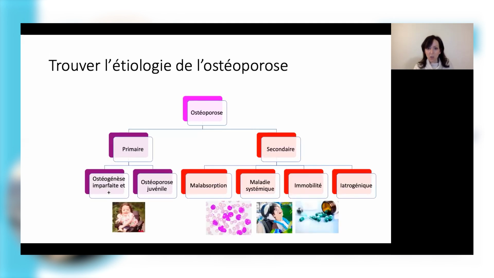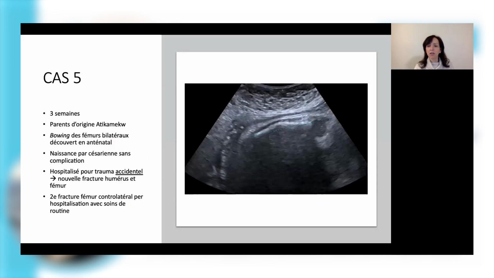So when you find osteoporosis, your first question is, well, is this congenital, or is this secondary to something that I'm maybe missing here? So obviously when it's congenital, like osteogenesis imperfecta, there are some clinical or physical signs. So let's take this case of a boy who's 3 weeks old. He's from Manawan, Atikamekw region. Bowing in the femurs was actually seen antenatally. So obviously this is pathological. He had his workup done, and this child does have osteogenesis imperfecta,